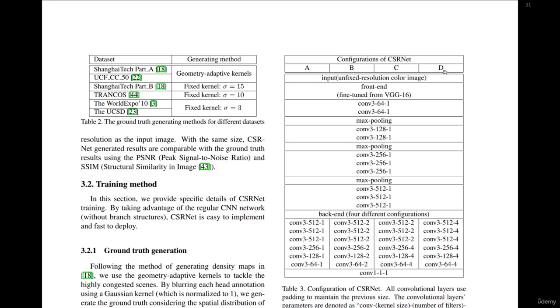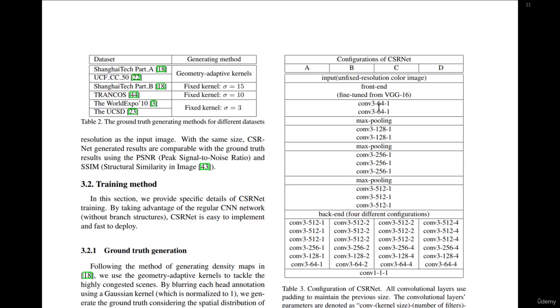Initially, all of them have the same kind of input. In this case, it's 768 by 1024. Then we have our base model, which is fine-tuned from the VGG16. Here we remove the top layers, so we're left with the first layers. Now, to see exactly the layers from the VGG16 which we shall use for the feature extraction, we have this here: